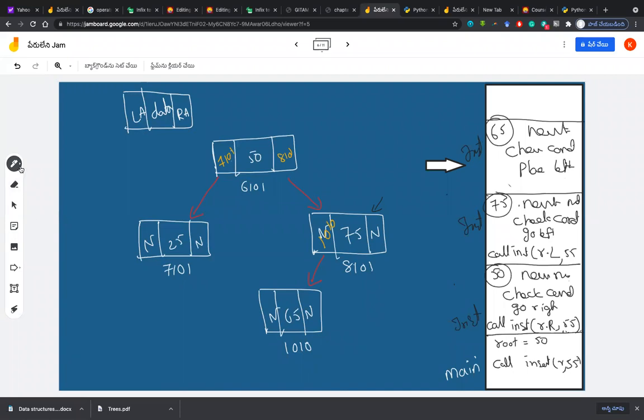So let's create a node with none, 55, and write its address as 5101. So 5101 will be given, and then we connect it. That's all. Is there anything left that this insert function should do? No, right? We'll pop it out.